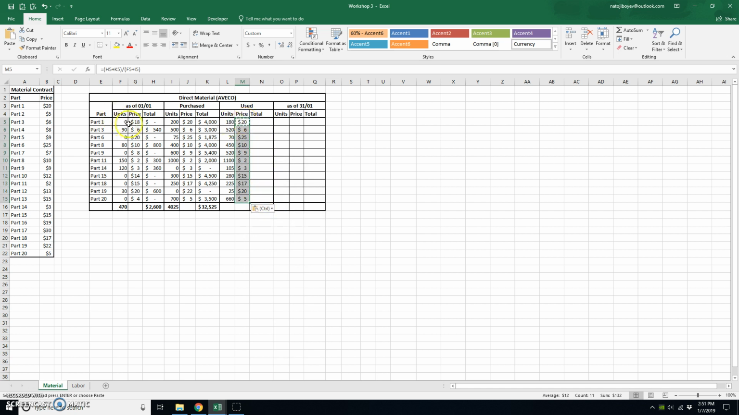This is 20 because we don't have a beginning inventory. This is 10 because we have a 10 in purchase, 10 in beginning inventory, 2 and 2, 3 and 3, and the rest are either 0 in the beginning or the purchase. You can calculate again the used by multiplying units by the price. So copy this to the rest of the cells by formula, and find the totals for this